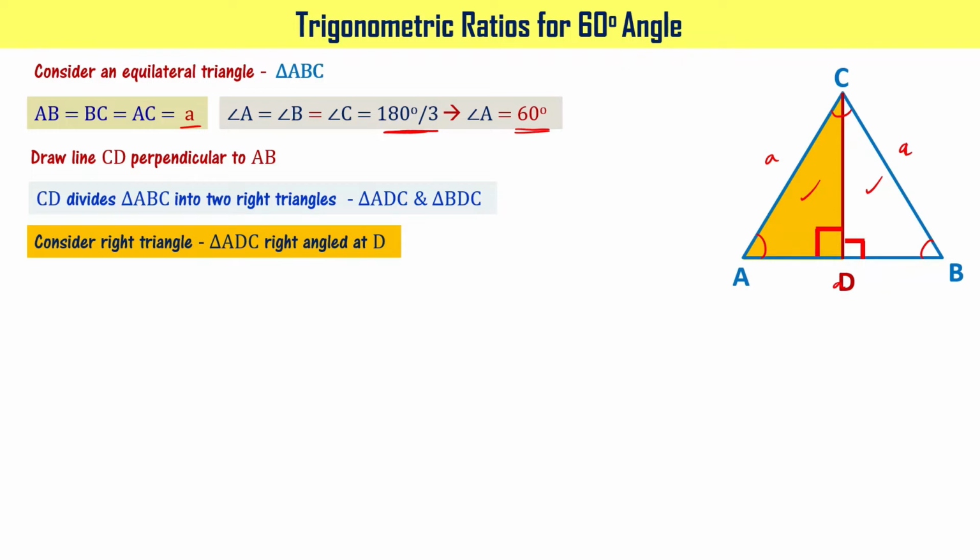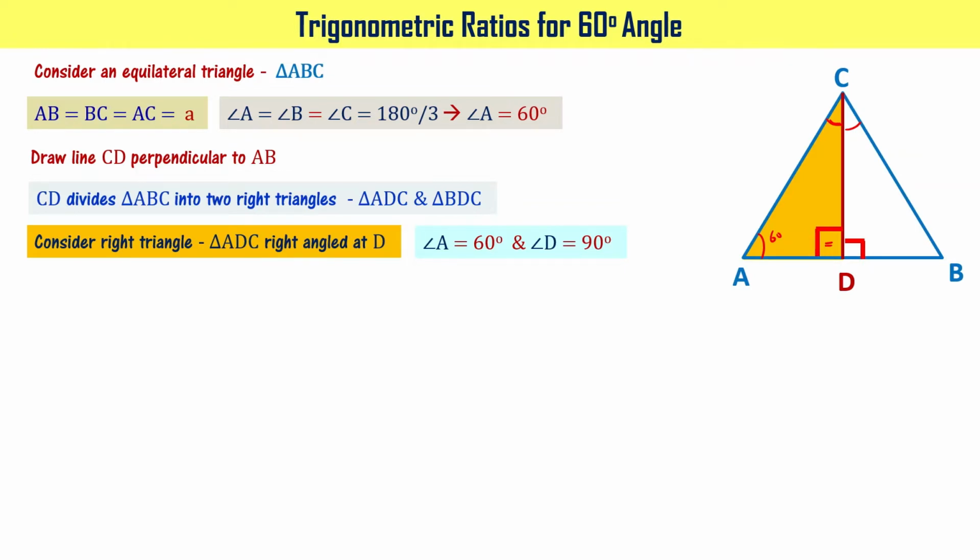Now, when you look at these two triangles, what can you say? Angle A is 60 degrees, we know, right? And angle D is 90 degrees, we know. And angle C, as of now, we don't know. Of course, we know that a perpendicular bisector is going to make it half. It means angle C is also split into two equal parts, 30 degrees and 30 degrees. But let's not jump in and say that that is 30 degrees. Anyway, that is not needed for us as of now.